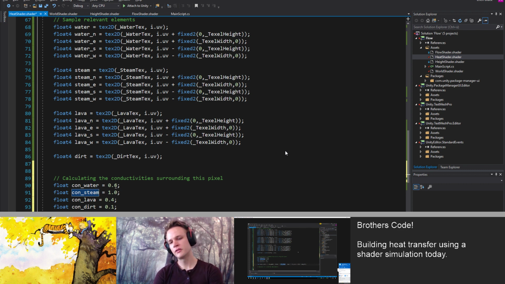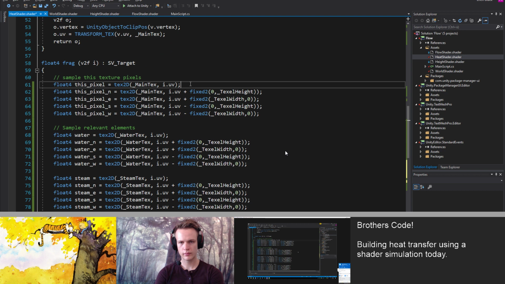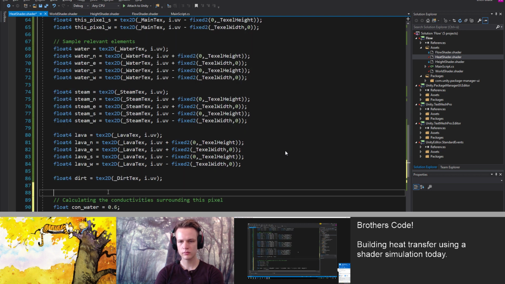Actually, I think this is fine. What we're calling conductivity is really conductivity and capacity. So this is just the average conductivity, which is divided by height here.